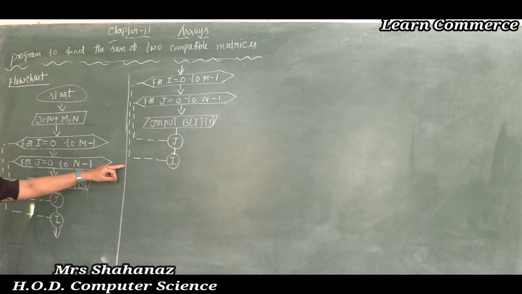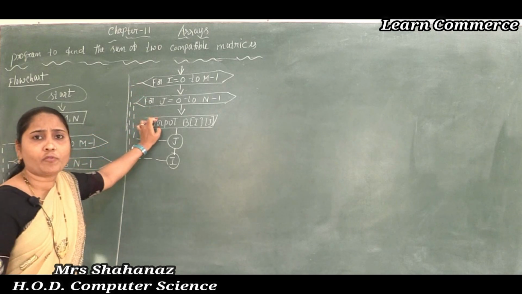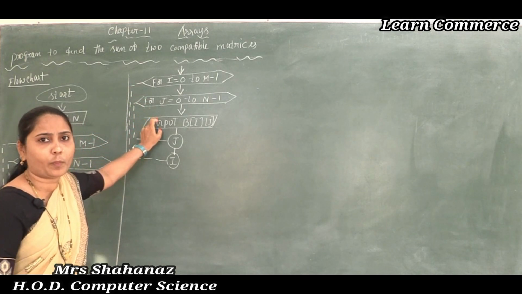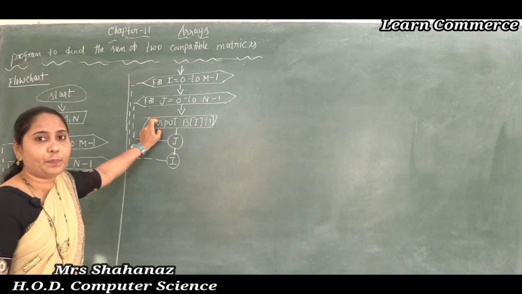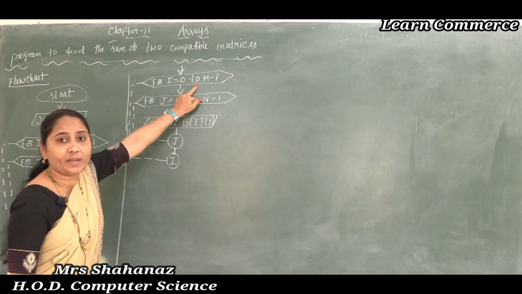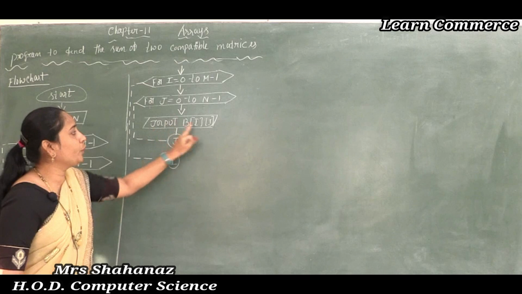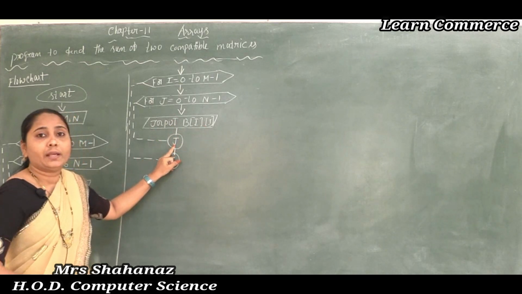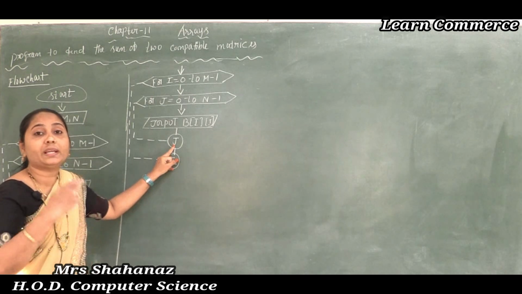So the connection of j and the connection of I, this one is called the inputting of the B matrix. If you write the code properly, it is possible to enter the values into the matrix B here. So I is equal to 0 to m minus 1 by using the looping statement, j is equal to 0 to n minus 1. Input B of ij, as we know again and again till the satisfaction of the condition the j value is going to make the increment.